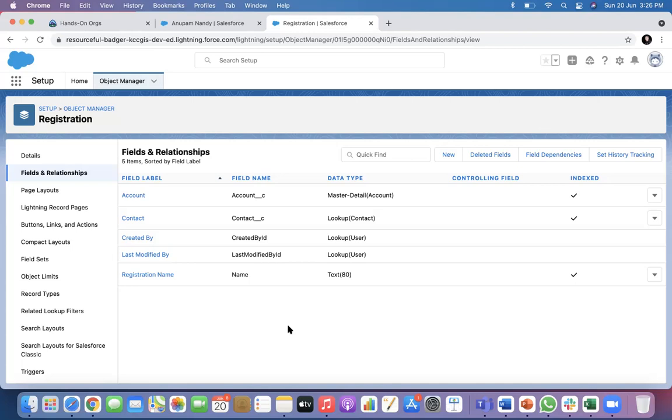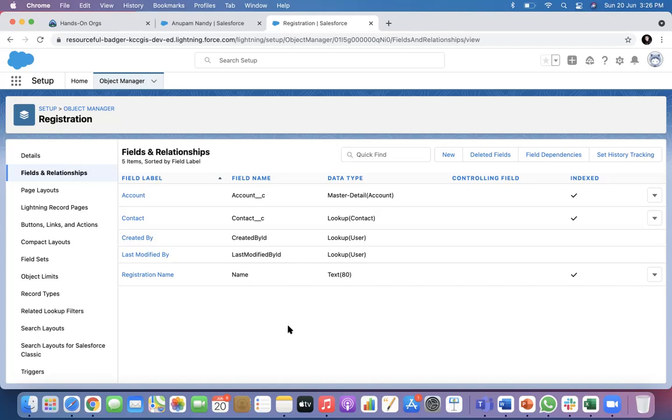Right now, let's understand the difference between master detail and lookup very quickly. I am going one by one. We can create master detail when, out of the 2 objects, even if one is standard and one is custom, we can still do master detail, right? But if both are standard, we cannot do master detail. The bottom line is you cannot create a master detail relationship except on custom objects. So master detail is always allowed on custom objects. A master detail field can refer to a standard object or a custom object, no problem.